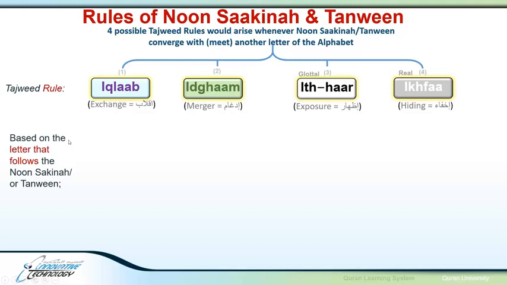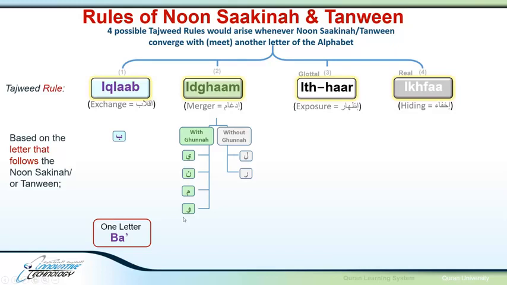And we said that the rule would be based on the letter that follows the nun sakinah and tanween, and in the case of iqlab, that letter would be the ba, and in case of idgham, there would be either those letters in green or the letters in gray. And we said